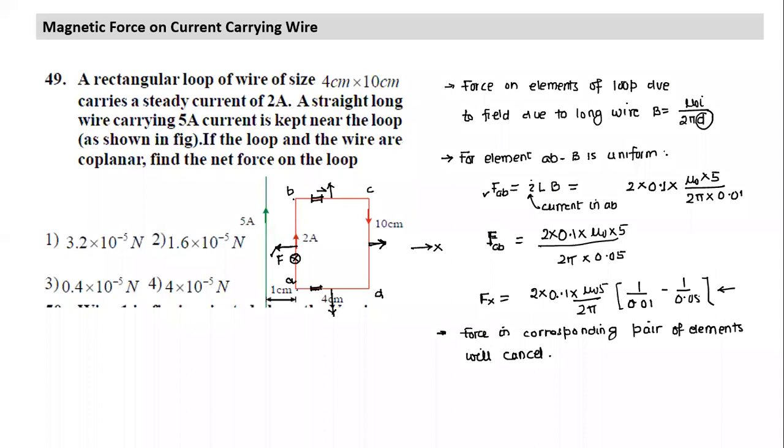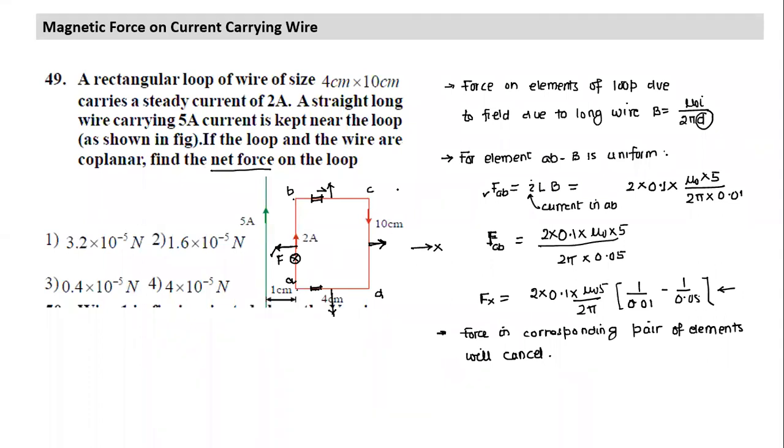If you can understand this, you can write it in terms of a formula. This is pretty simple. I hope all are clear. Anybody has any doubt? Anybody has not understood? So just to repeat quickly, we need to find the net force on the loop. We don't have a formula for a loop. Had it been a uniform field, force would have been 0, but this loop is not placed in a uniform field. So we have to calculate force on different parts of the loop. We have divided the loop into 4 logical parts: the sides AB, BC, CD, and DA.